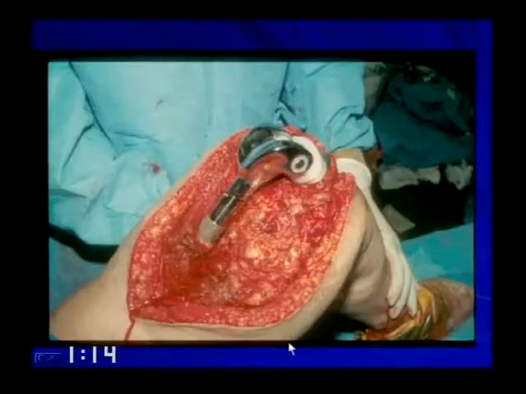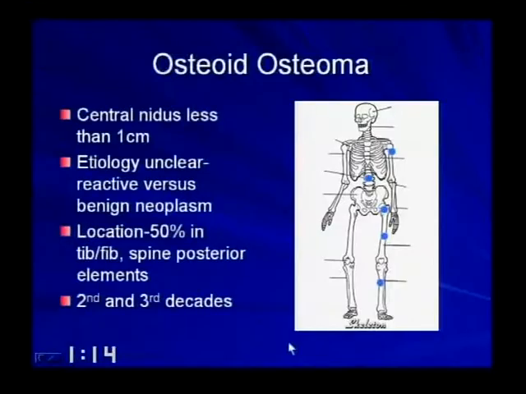Now, for the next half an hour or so, I want to talk about specific lesions. And the way it's organized is we're going to talk about lesions that produce osteoid, benign and malignant, cartilage, benign and malignant, fibrous, benign and malignant, giant cell tumors and cysts, miscellaneous lesions. Okay? And I've put the most important lesions at the beginning, so if we don't get to some very bizarre lesions at the end, they're in your handout. But we'll talk about these common lesions.